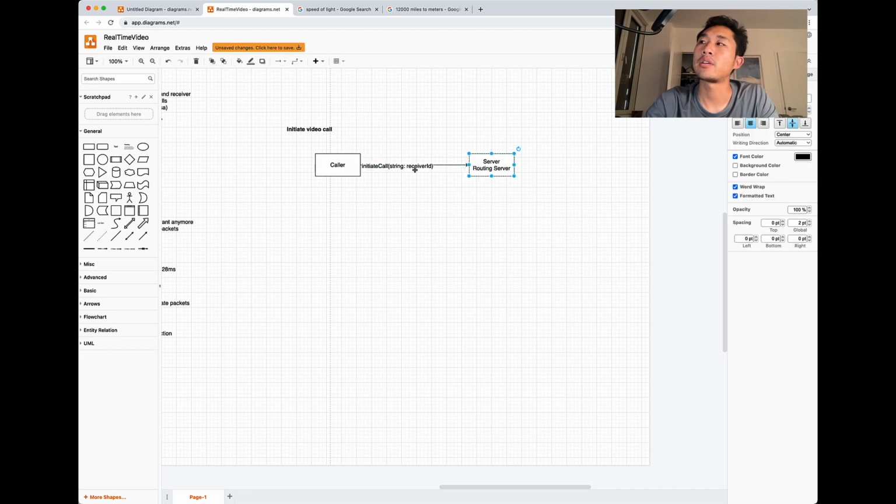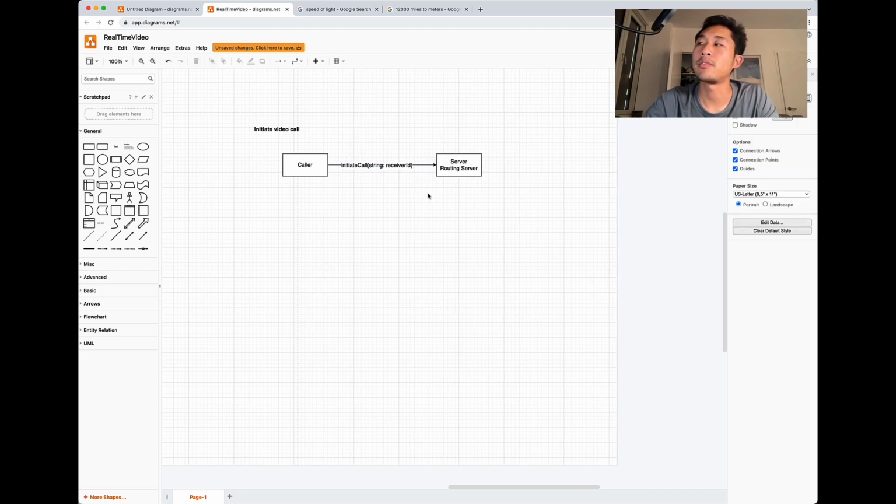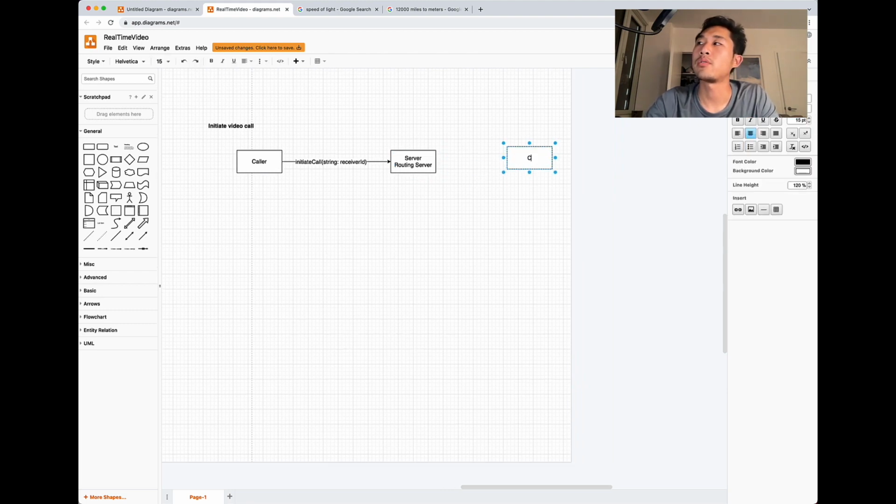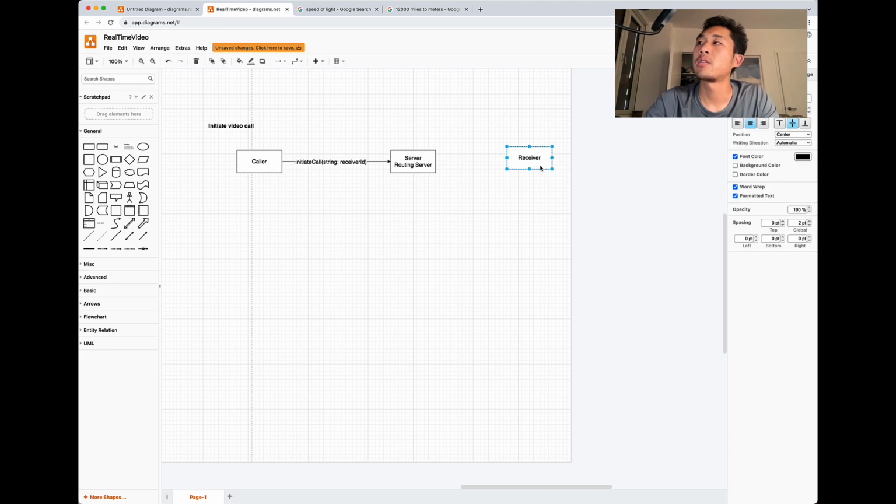So the receiver ID could be like a username or something of the receiver. The server will route it to a receiver.